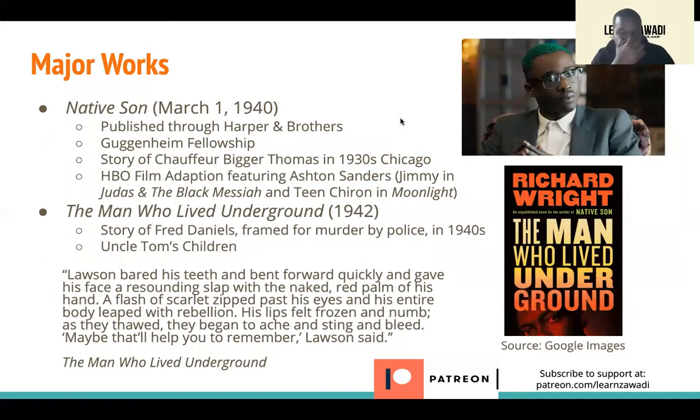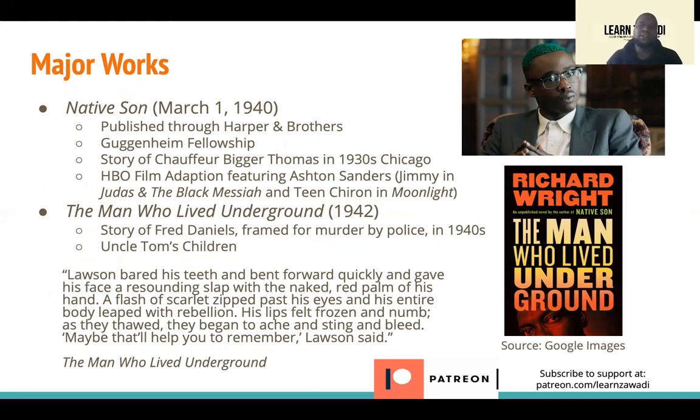So what were his major works? Well, there's 2 of them, and of course I'm biased whenever I talk about major works. What may be major to one person may be important to another, may not be significant to me. But you cannot, without a doubt, talk about Richard Wright without talking about Native Son. So this is published on March 1st of 1940, and